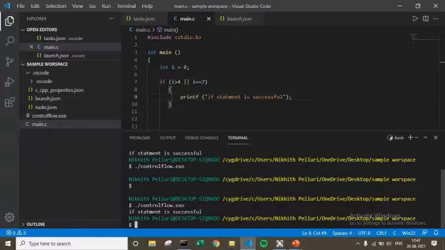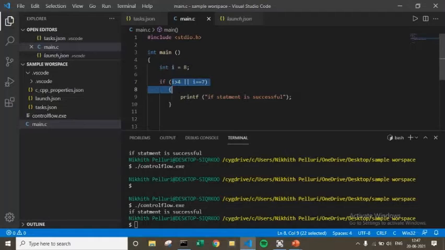Let's see. Even though I is not equal to 7, it is printing, because any one of the conditions should be true.